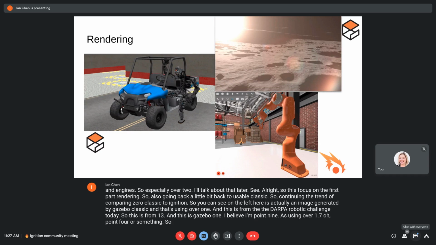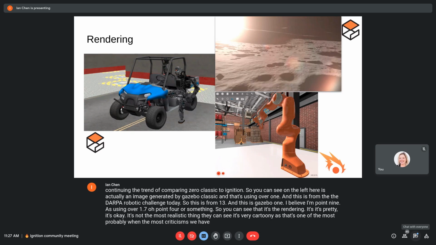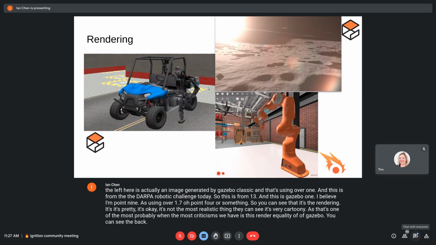So you can see the rendering is okay. It's not the most realistic thing that you can see. It's very cartoony, and that's probably one of the most common criticisms we have, the rendering quality of Gazebo. You can see the back walls here are pretty flat color shading.